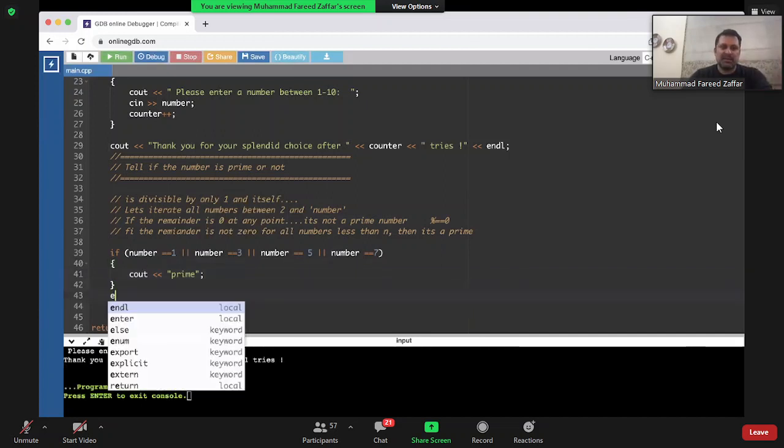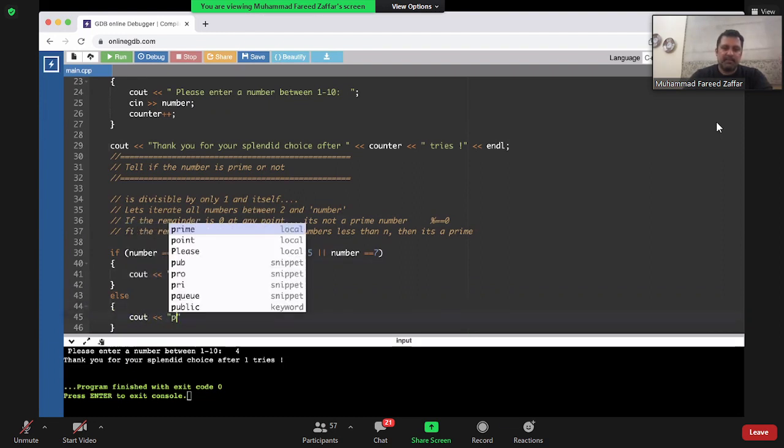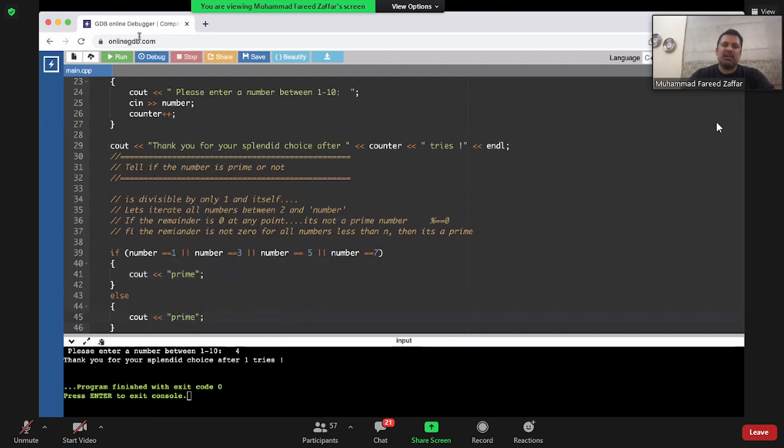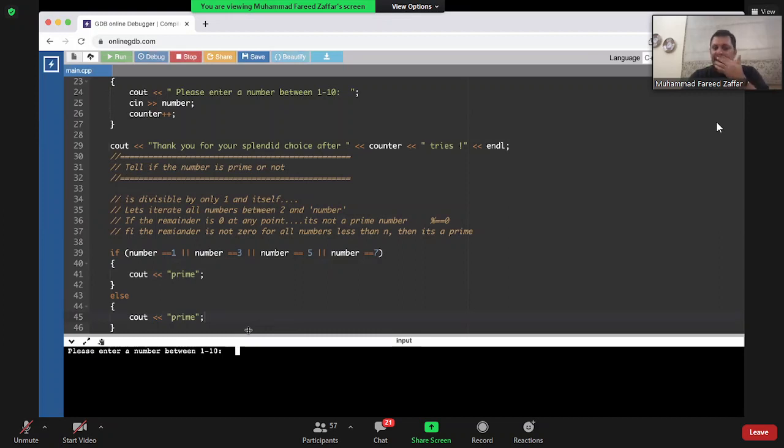Actually we can do this, else. So this also works, but here we're only assuming less than 10. We will generalize that.